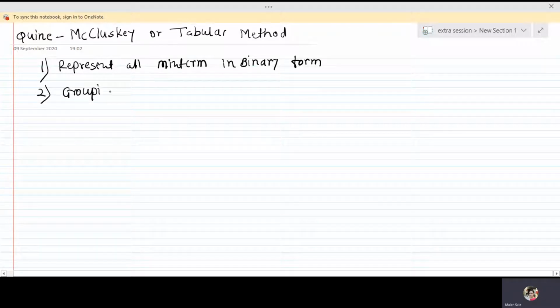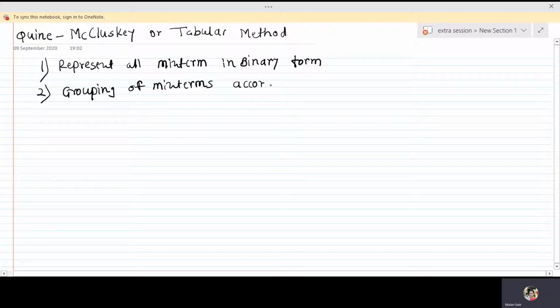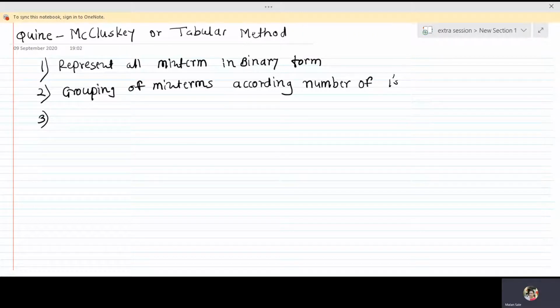Grouping of minterms according to the number of ones. Third step is grouping, or making pairs,